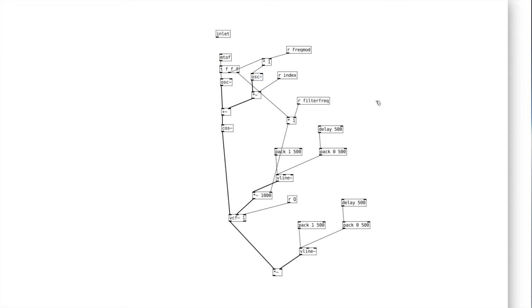Perfect. After that, let's create a receive attack, and then a receive release, and then we're going to create a TFFFF for our attack, and we're going to send one to the right inlet of pack 1 there, and then the next to the right inlet of our delay, and then we're going to send one to the right inlet of that pack, and one to the right inlet of that delay, and then our release will have a TFF,